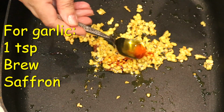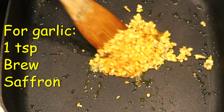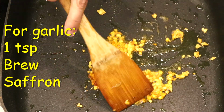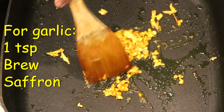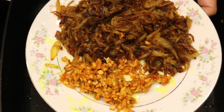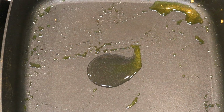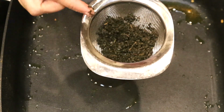I'm gonna add a little saffron to it, about a teaspoon, and I'm gonna remove this from the pan. Okay, this is my fried onion, this is my fried garlic. I removed it. I put a little bit more oil here, not much, and this is my mint, which I